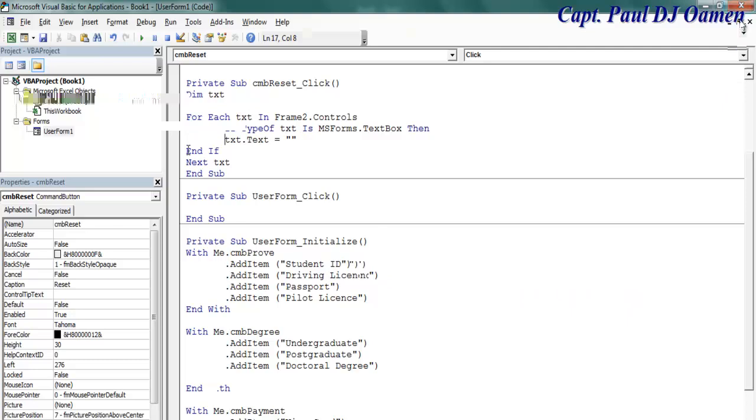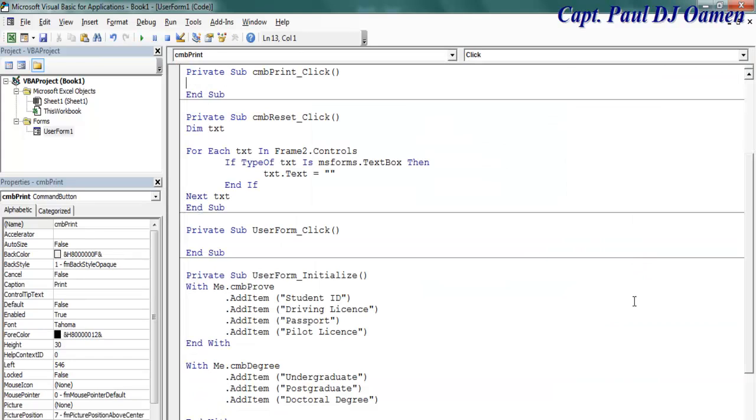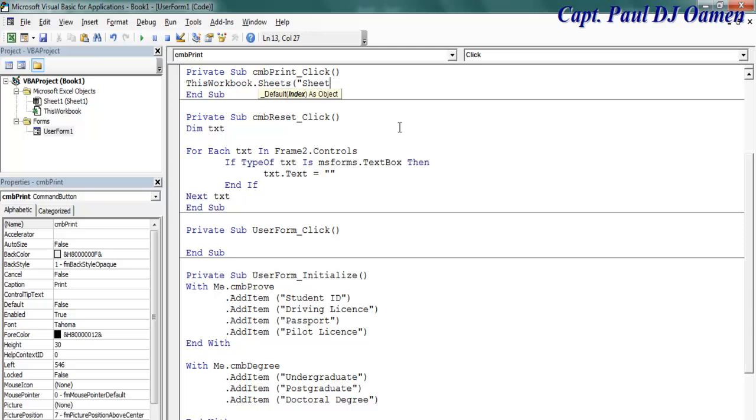All the data that I entered on the workbook itself. So I'm going to come in here, double click on that, and I'm going to start by saying this workbook dot sheets there, and the sheet that I'm referring to is going to be my sheet number 1. Sheet number 1, close that dot. That's going to be print out. I'm just going to ask you to print out 1 copy